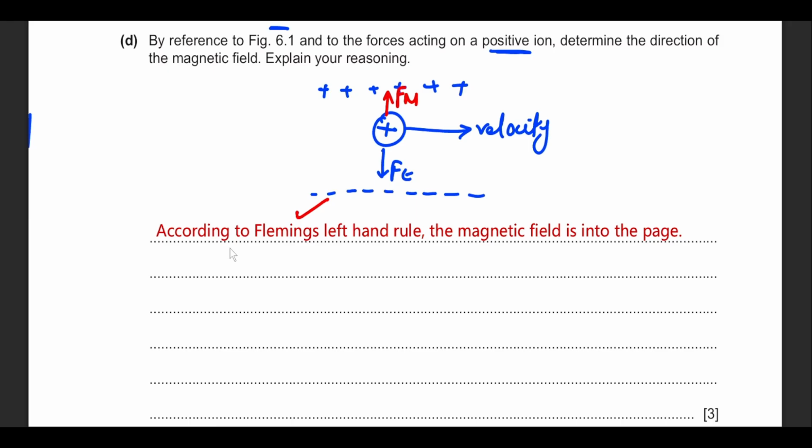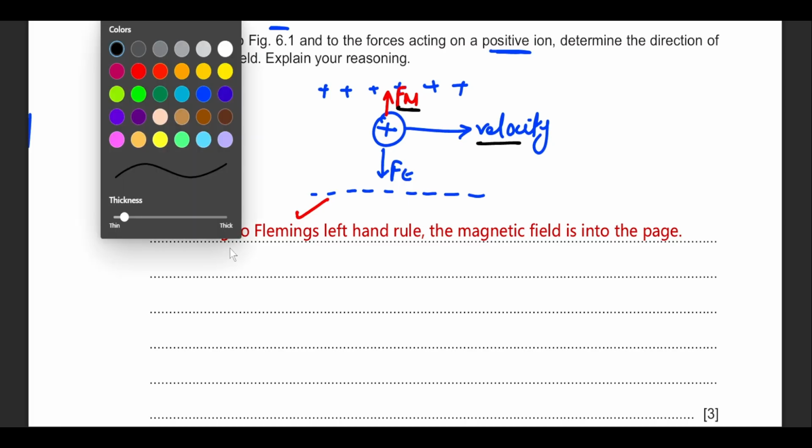The second finger opens up directly towards this side, matches the direction of the velocity, and the thumb opens in the upper direction, which is the force, the magnetic force given by the examiner. If you notice that once you've done this, your first finger should be pointing into the screen. This is where you're standing. Your first finger should be pointing towards the screen of the laptop, or the screen where you're watching this video,